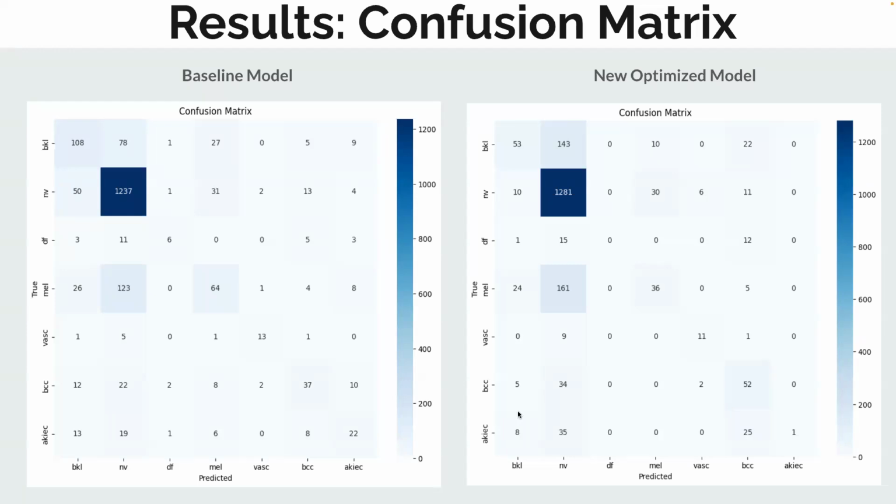With the optimized model, the overall accuracy slightly dipped, but this is by design. We prioritized fairness across classes. The new model was better at recognizing underrepresented and critical classes like actinic keratosis and melanoma. These are cases where early and accurate detection can save lives. This kind of balanced performance is essential in healthcare applications where false negatives can be far more costly than